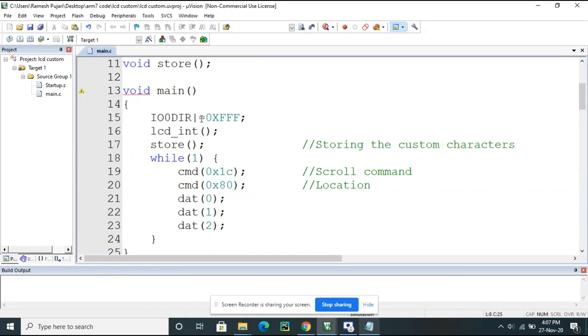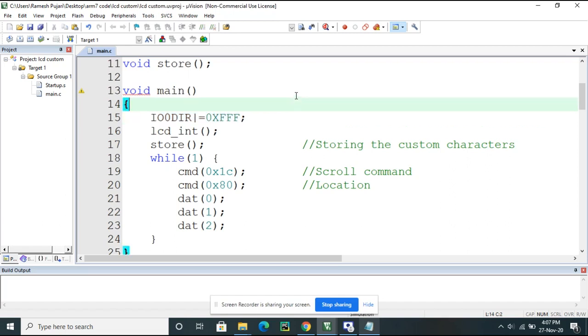This is the main function, and this line indicates port 0 of LPC2148, where we are selecting the direction, meaning we are selecting the mode of the pins. If you pass FFFF, then from LSB up to pin number 11 or 12, all will act as output.